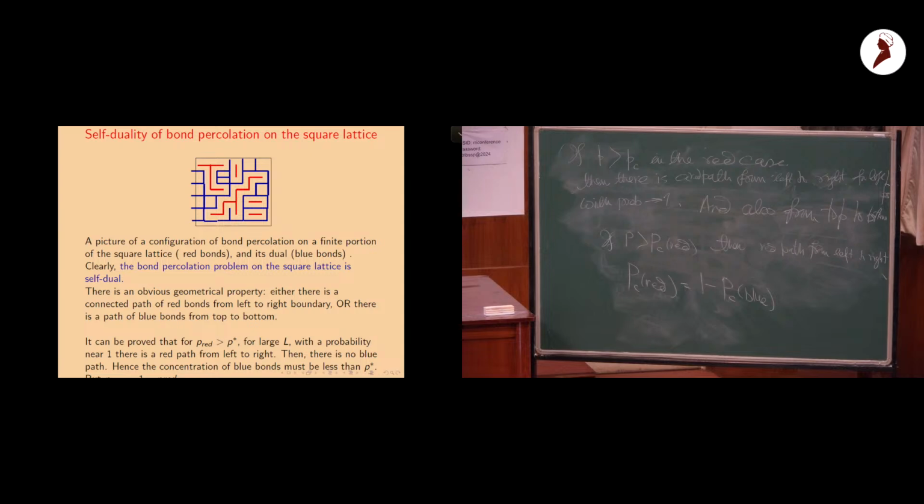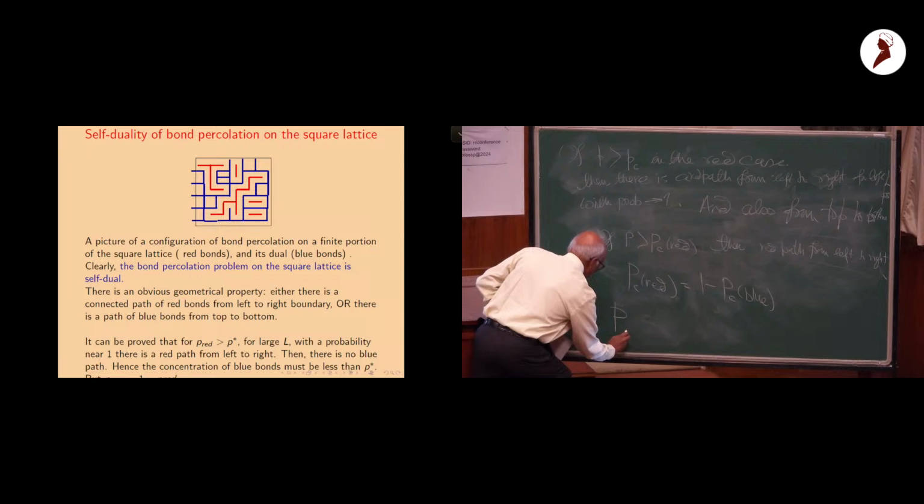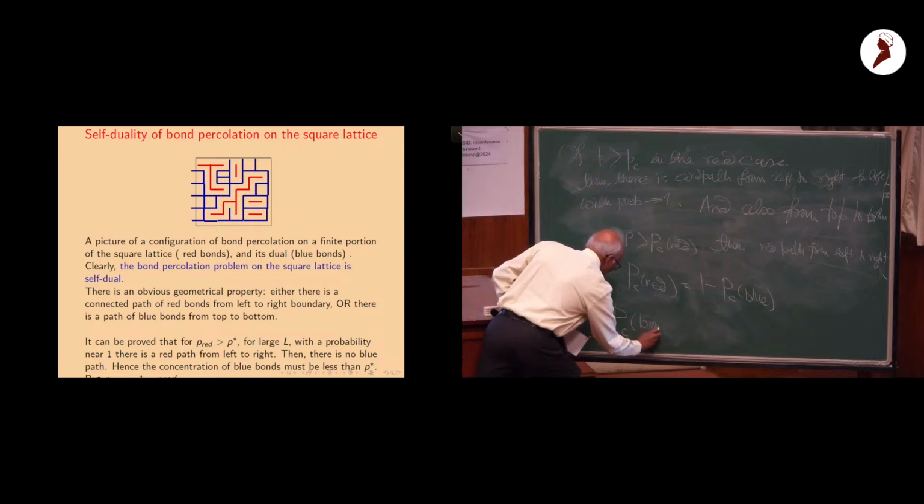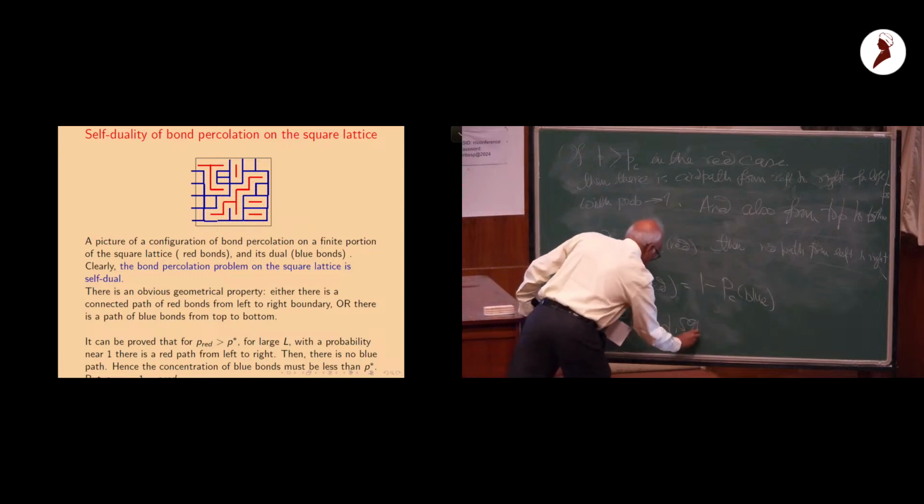We will not do it. Whatever I was sloppy about, the large L limit and so on, he does more carefully. He will work with an L by L lattice, take some result about the probability of percolation on finite L, and then let L go to infinity. We have been sloppy, and we will just go ahead and assume that. So the result is that PC bond on the square lattice